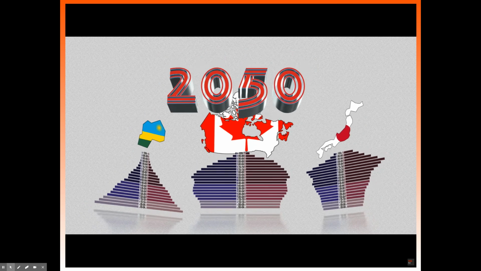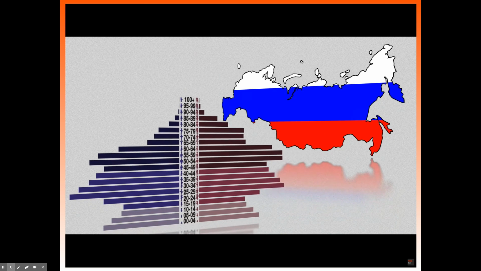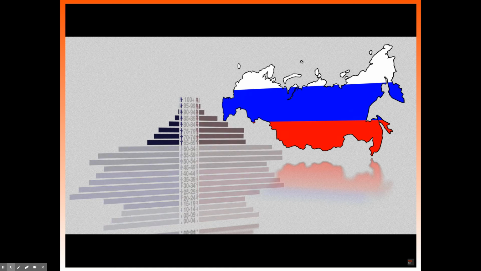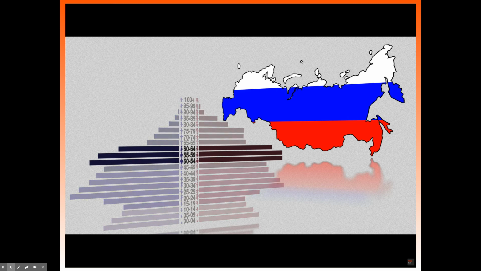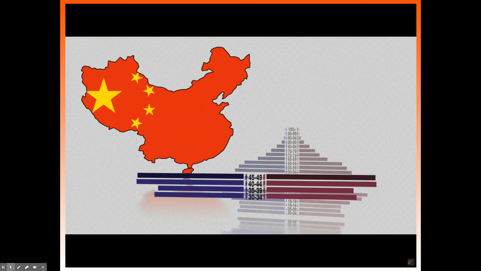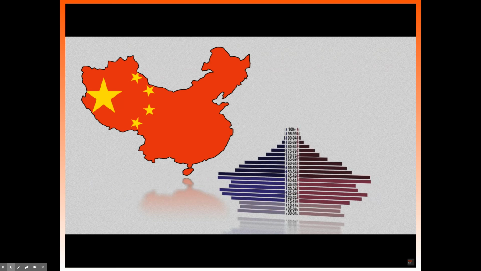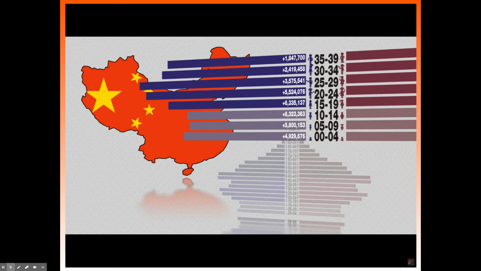A population pyramid can be useful not only as a predictor of a country's future, but as a record of its past. Russia's population pyramid still bears the scars of World War II, which explains both the fewer numbers of elderly men compared to elderly women, and the relatively sudden population increase as soldiers returned from the war and normal life resumed. China's population pyramid reflects the establishment of the one-child policy 35 years before, which prevented a population boom such as that of Rwanda, but also led to sex-selective abortions, resulting in more male children than female children.